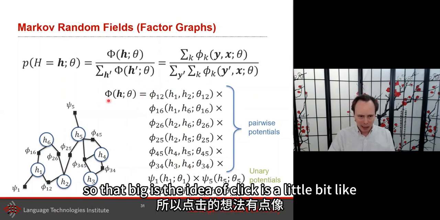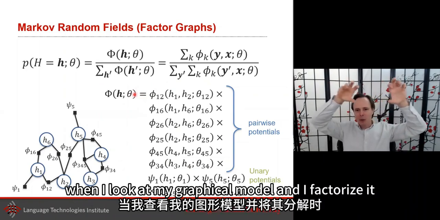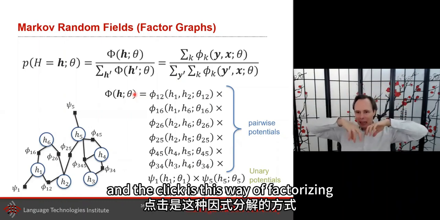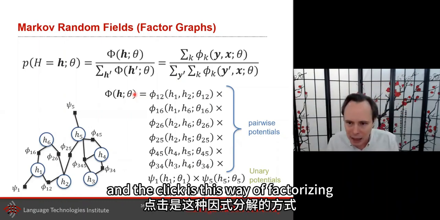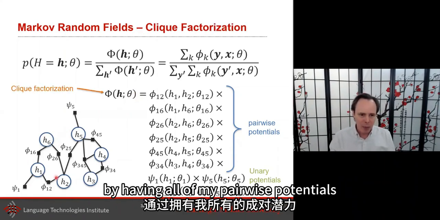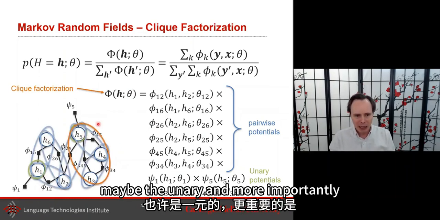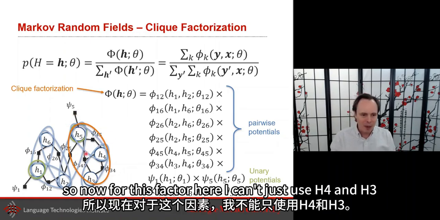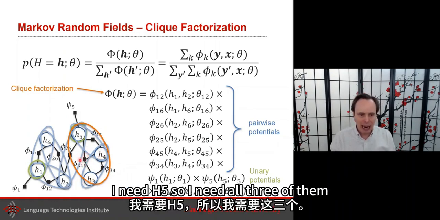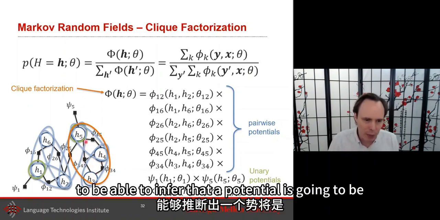The idea of a clique is a little bit like when I look at my graphical model and I factorize it. The clique is this way of factorizing. So I'm going to factorize by having all of my pairwise potentials. And I will factorize also maybe the unary, and more importantly, when I have my triplets. So now for this factor here, I can't just use H4 and H3. I need H5, so I need all 3 of them. So my clique to be able to infer that potential is going to be